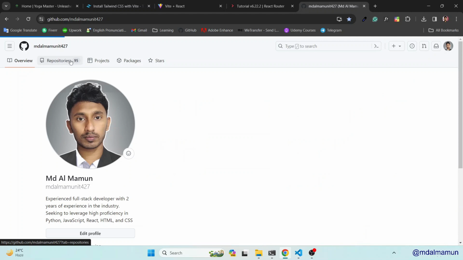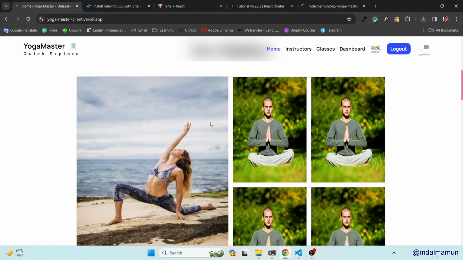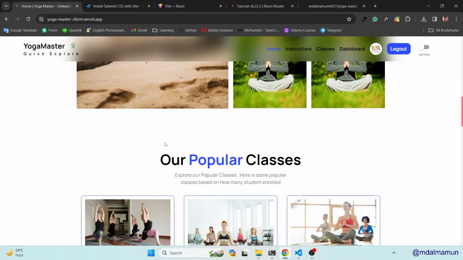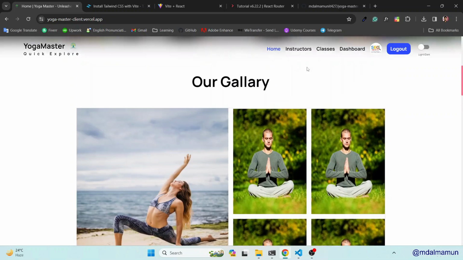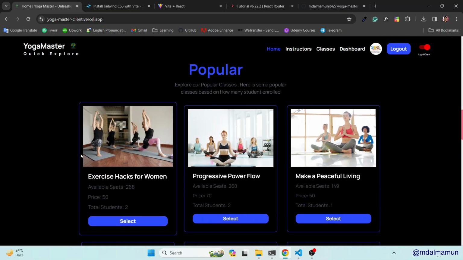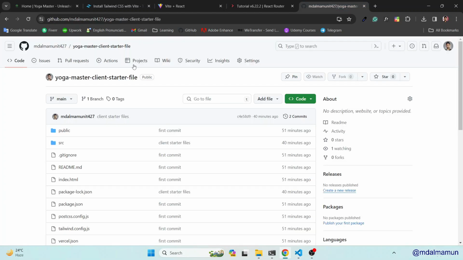Let me go to there. Why I'm providing this starter file? Actually, look here, you need some styles, you need some files. Actually here you can see there's images, we use that type of image, we use these images, we use a color theme. Here you can see when you just hover, then you can see a dark theme applied. So we used only provide colors. So if you check here, you can see